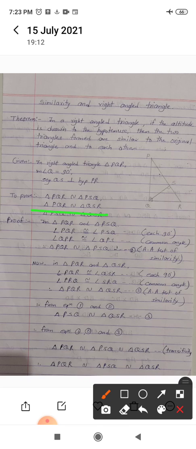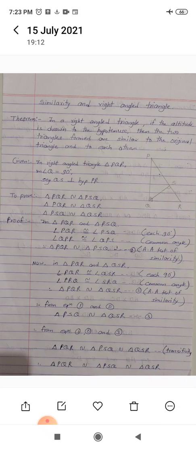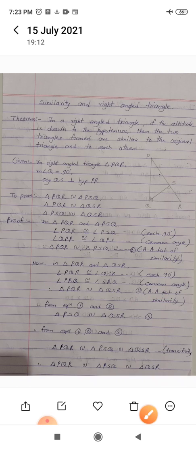Now go for equation number 2, statement number 2. In these two triangles, again these two angles are 90 degree, angle PQR and the second angle QSR. Then observe common angle. Common angle is PRQ, and in that small lower triangle SRQ. These two angles are common. So here I write these common angles. Then by using the angle test, these two triangles are similar.